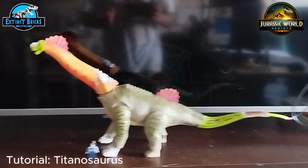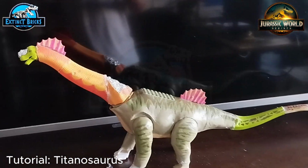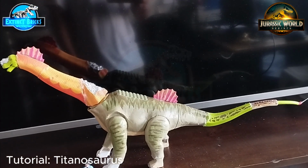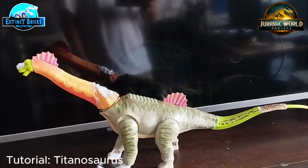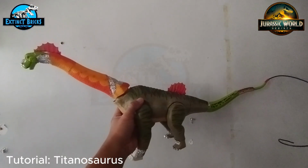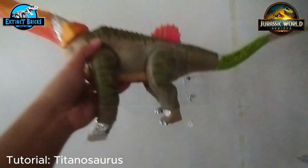Titanosaurus, and it had these fins on the back. I'm not quite sure if I'm going to have those flared up or not, but let's see. So we added more bulk into the figure by putting in aluminum foil on some of